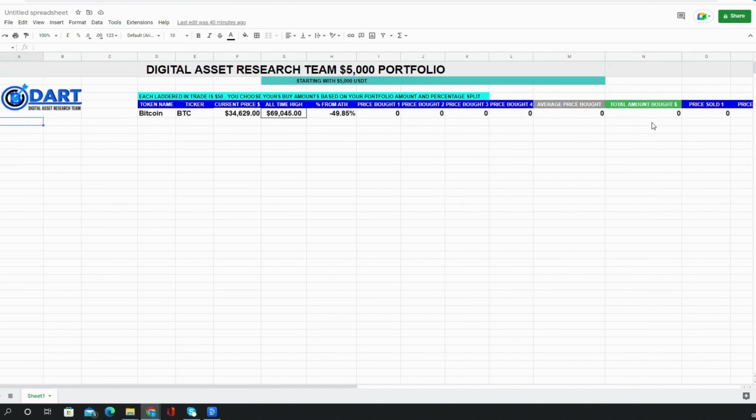So firstly, the first thing I want to show you is if we go over the Bitcoin example, and then we'll add another one ourselves. So you've got the token name, which is Bitcoin, the ticker there. Now this is where the magic happens, because this is actual real-time data. So the 34,629 is the Bitcoin price at the moment, and there's a formula up here which I'll tell you now, but